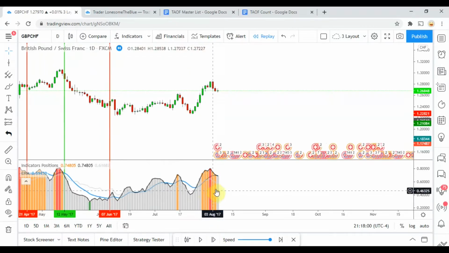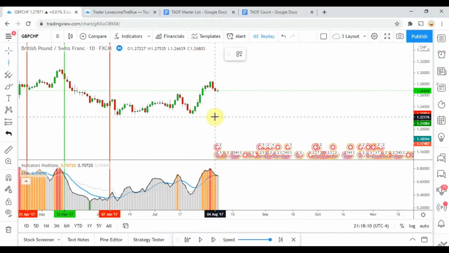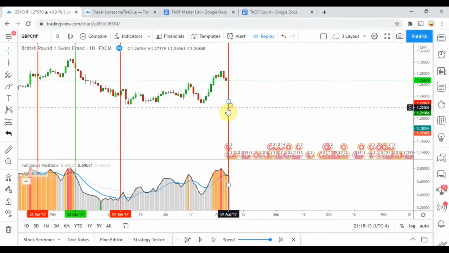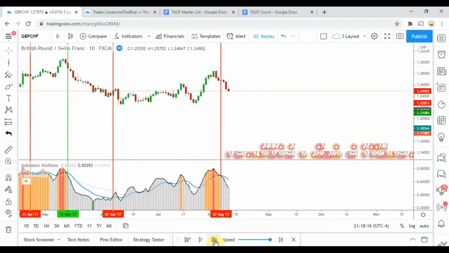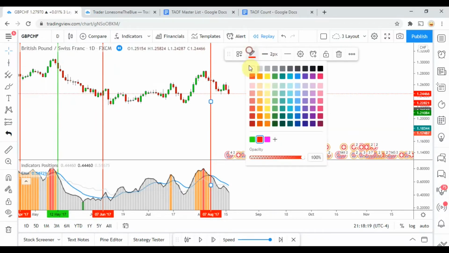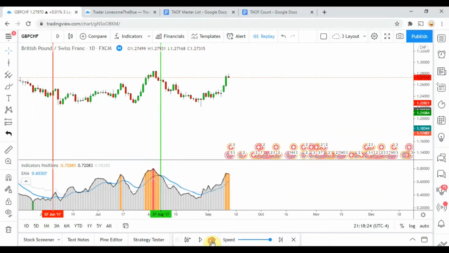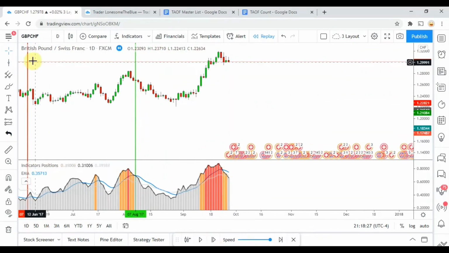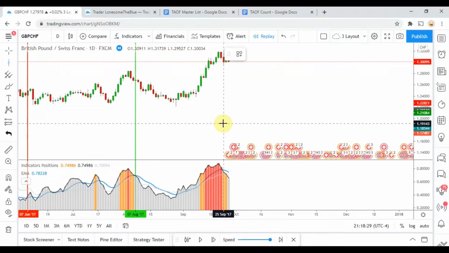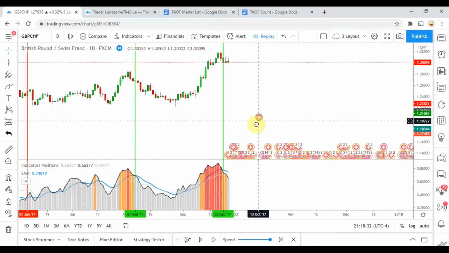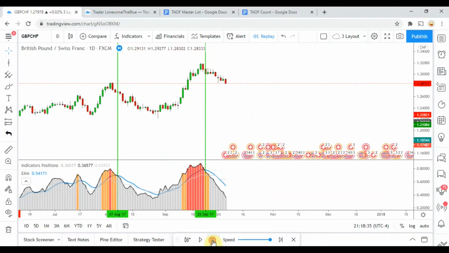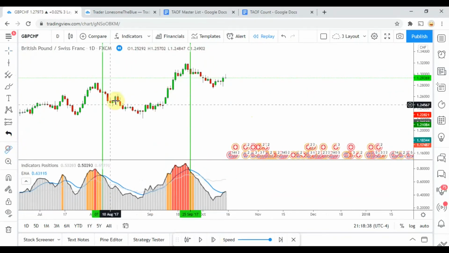We get a red column right there. And did we get a cross here? Let's see, 69.03. Yep. And so we did pick up a cross and short signal right there on that one. Let's go ahead and play it forward. And that one got us to take profit. All right, moving along here. We are up into the red column zone, and we got a cross right there for a short. Let's go ahead and play it out, and it looks like that one got us to take profit.